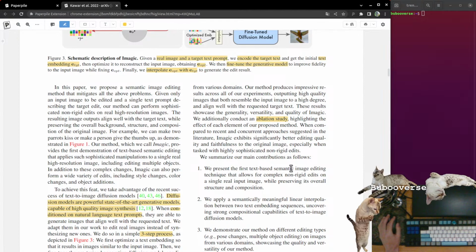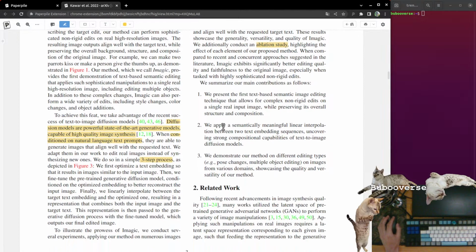We present the first text-based semantic image editing technique for complex non-rigid edits on a single real image. Semantically meaningful linear interpolation between two text embedding spaces. Demonstrate our method on different editing types on images from various domains, showcasing the quality. Okay, so